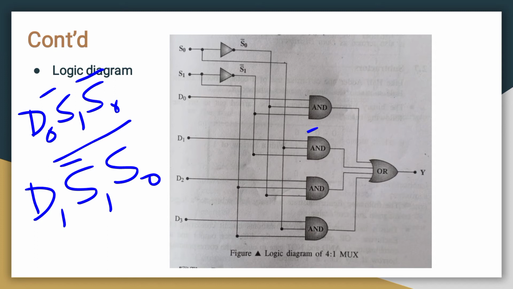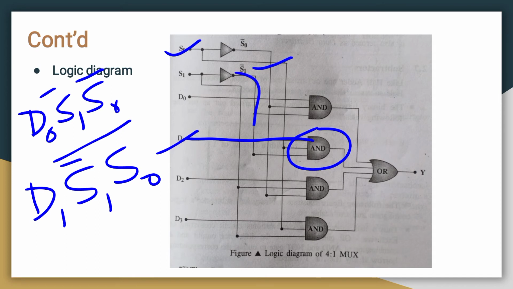For this we have an AND gate with D1, S1 complement and S0. So D1 is here, S1 complement is here, then S0 here to here. So this is the connectivity of the second one.